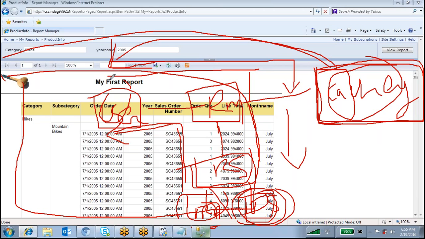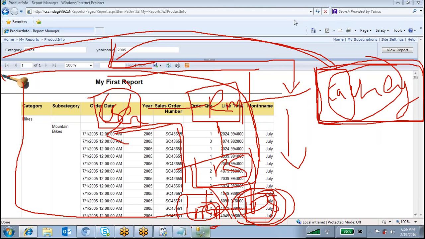So every day after 8 a.m., whatever the report is cached, we want to remove that, because we are going to take the fresh data. So whenever you log in the first time into this report manager and you are browsing this report, that day it is caching. So the next day after 8 a.m., I want to delete the entire cache. Again we are going to maintain the cache memory. Got it?